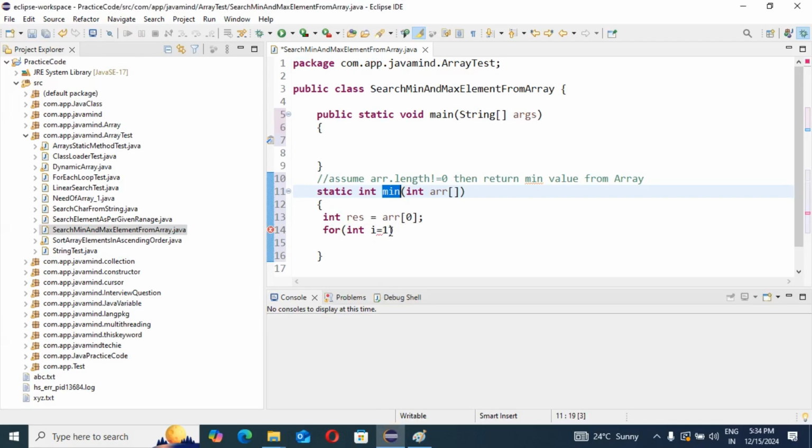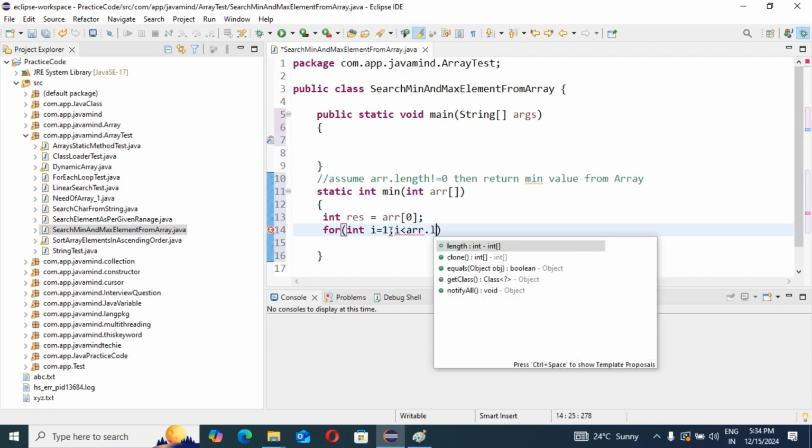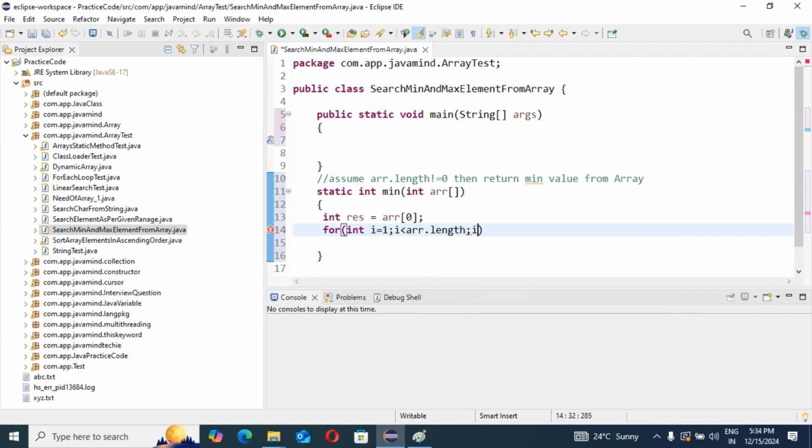So I am going to write int i equal to 1; i less than arr.length, correct? Then i plus plus. Now I am going to write the logic in that.